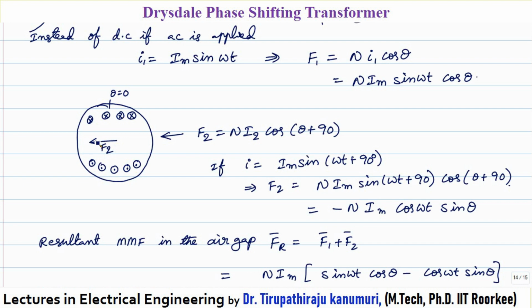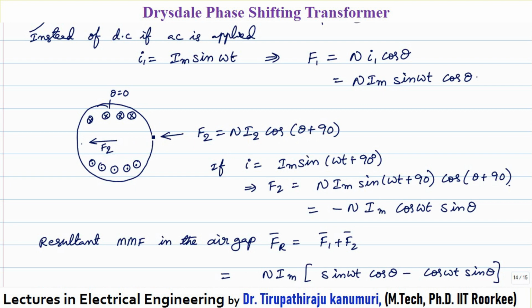Again, this MMF I can represent because here it is maximum. I am taking theta as the same here. Here theta is equal to 0. So at this point, what will be theta? Theta is equal to minus 90 degrees. That means when theta is equal to minus 90 degrees, MMF will be positive maximum. So that's why I can write this equation in the form N times I2 into cos of theta plus 90 degrees. When you keep theta equal to minus 90, the plus 90 will cancel and MMF will be maximum. When theta is equal to 0, MMF will be 0. When theta is equal to 90 degrees, MMF will be negative.